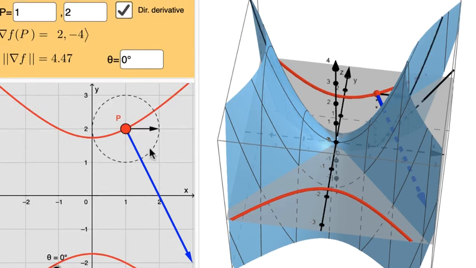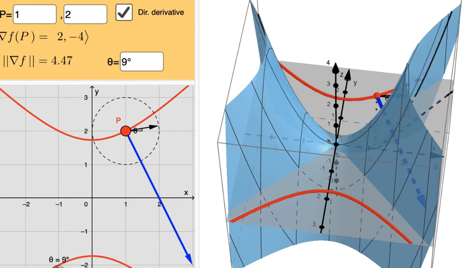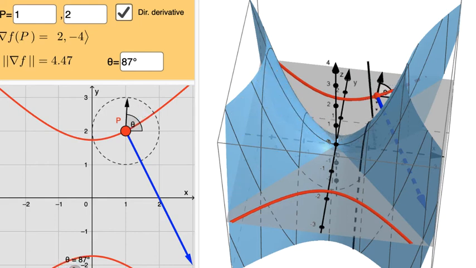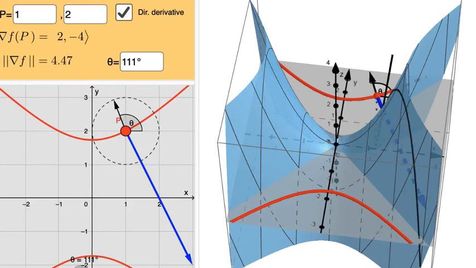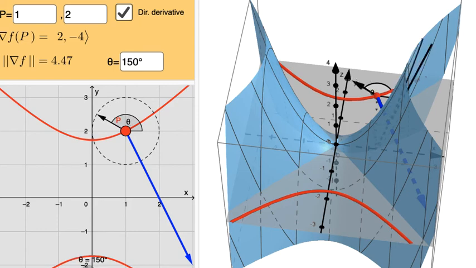So now, say this is a directional derivative along an angle theta equals 0. So that's really just the partial derivative in the x direction, and then I can increase the angle that the directional vector makes with the x-axis. And so for example, when I choose 90 degrees, I'm already computing the partial derivative with respect to y. But what you will see is that that's already -4, and it will be as negative as possible when you are at a degree of 180 with respect to the